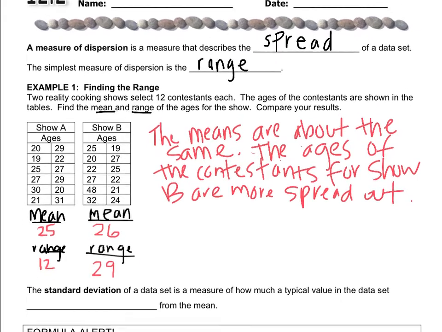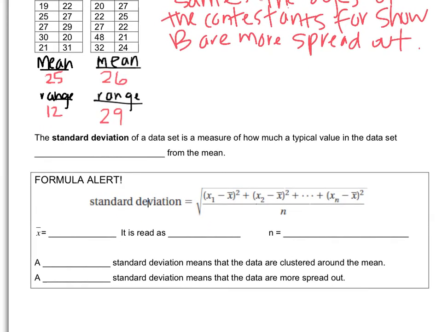There's another measure of spread, and this is a very new one, and we're going to go a little slow on this, called standard deviation. And the standard deviation tells you how much each individual value differs from the mean. So is the age of contestant number 1 very far away from the mean? Is the age for contestant 2 very far away from the mean? Is the age for contestant 3, etc.? So you can find out how far away you are from the average person by doing what's called the standard